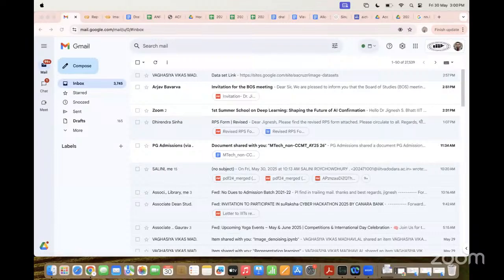Meanwhile, if you are comfortable, I am putting one more link where different datasets are there with which you can experiment. You can go to this link and use different datasets from medical or different domains.